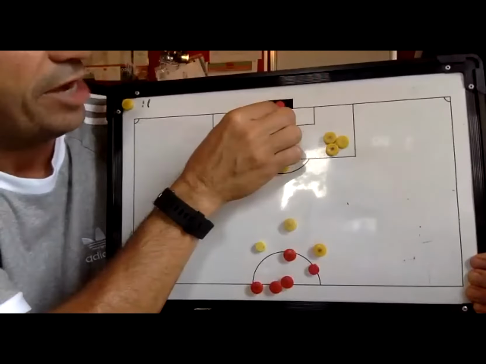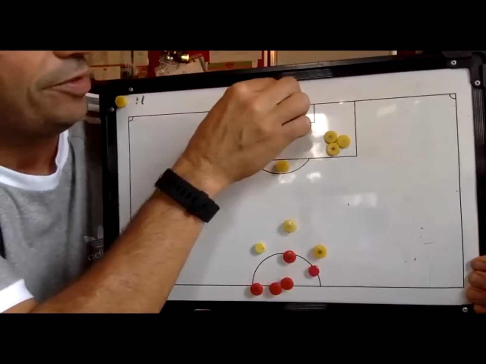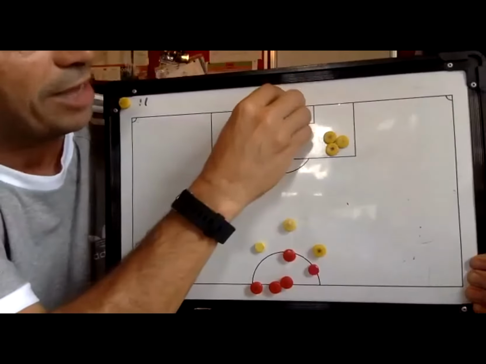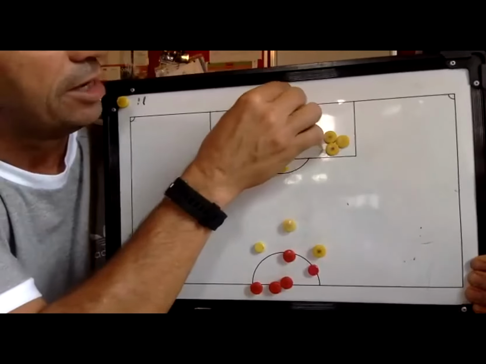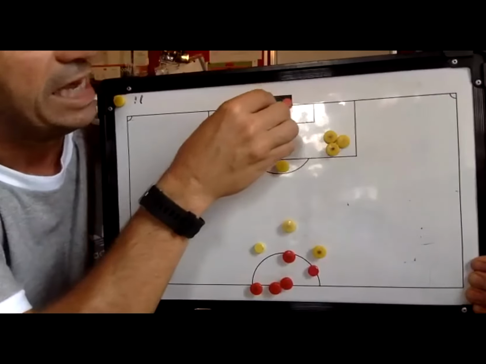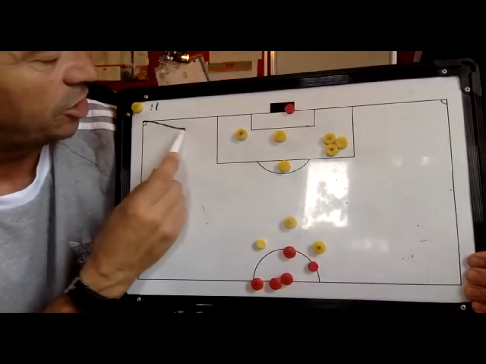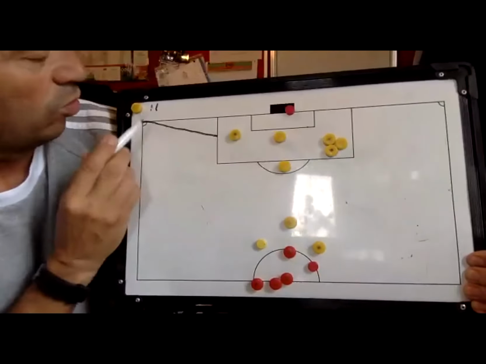This player will then know he's going to make a run around, not around the goal, but inside the net, because he'll be marked by that player there. He's going to get round the keeper. So this player will fall back behind him. He's then going to come short for it. As he comes short, this player is going to zip the ball into him, whilst also coming to support